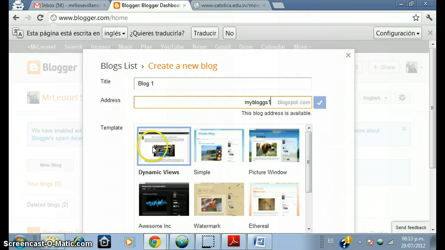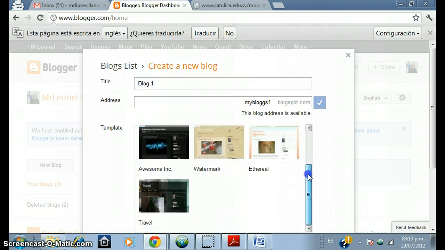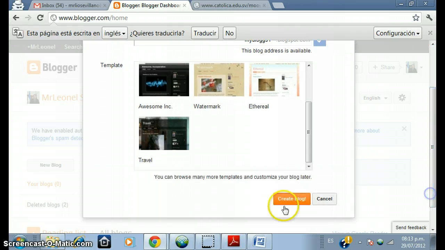I choose a template. All right, then I click create new blog. All right,